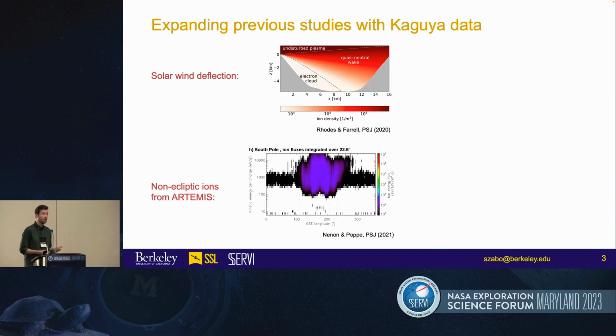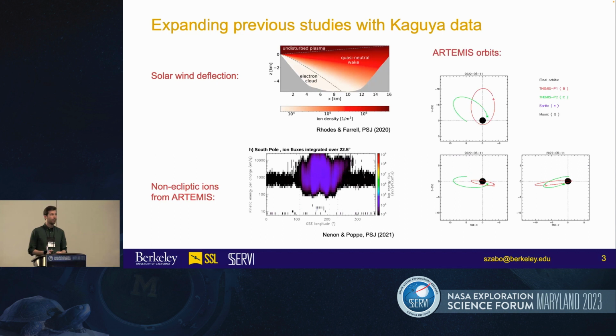And there are also studies from the data side by Nishino and Poppe, from analysis of the THEMIS ARTEMIS mission, that showed that you have large populations of non-ecliptic ion fluxes when the moon is in Earth's magnetotail, where you have hotter plasma populations. Now, as the animation shows here, the THEMIS ARTEMIS mission has some drawbacks if you want to get direct quantification of polar fluxes, mostly because the orbits are largely in the ecliptic plane. So you don't get any direct flyovers over the poles,